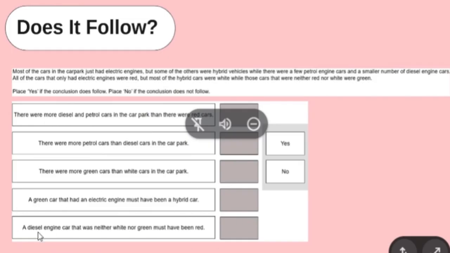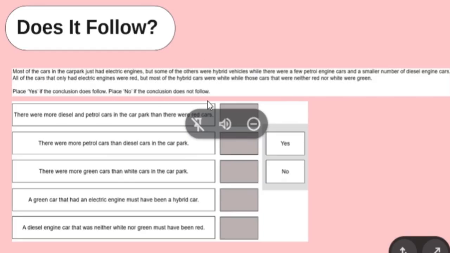Otherwise it will be a no. So a diesel engine car that was neither white nor green must have been red. So back here, yeah, you can assume from that last line, the whole last line, all of the cars that only had electric